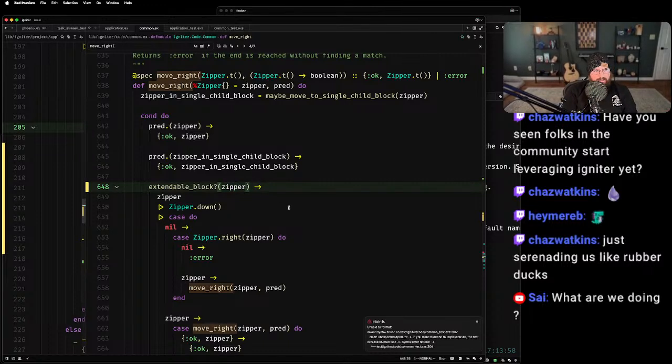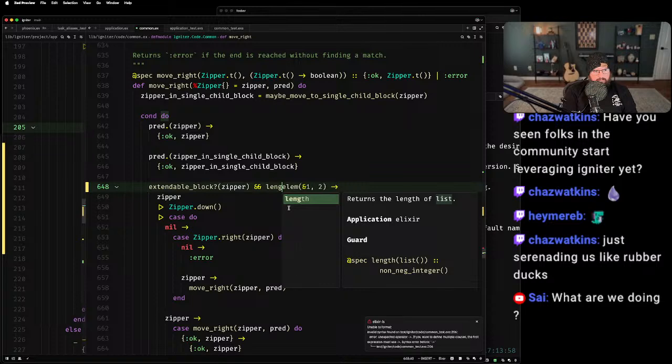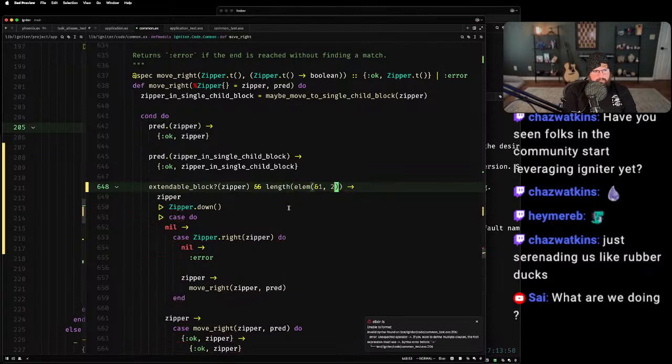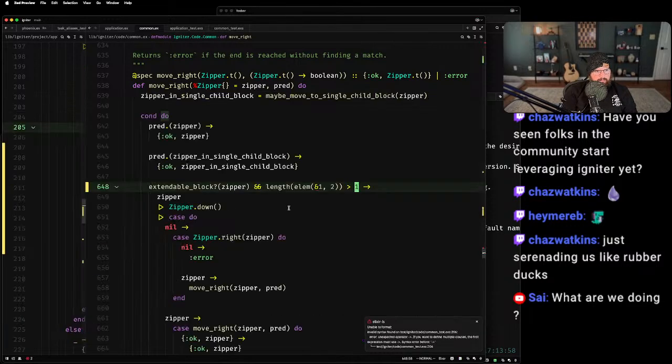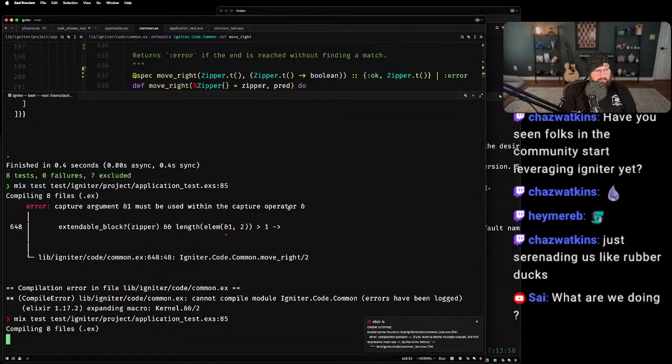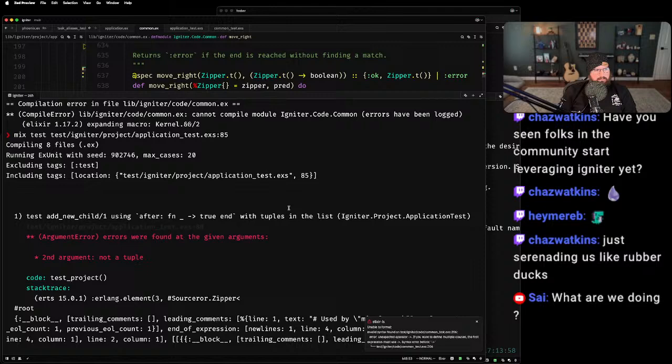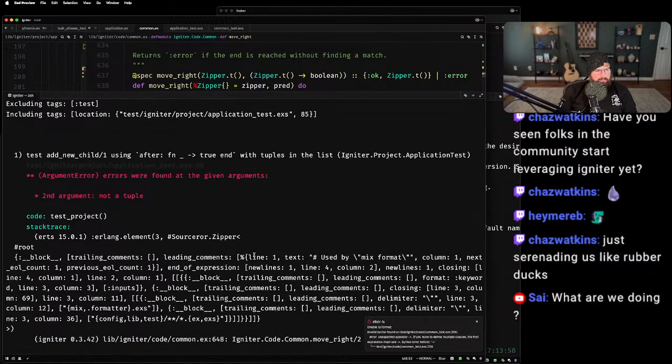So that's why we had this multi-child block. This isn't going to change anything, is it? Oh. Can you do this? Not a tuple.